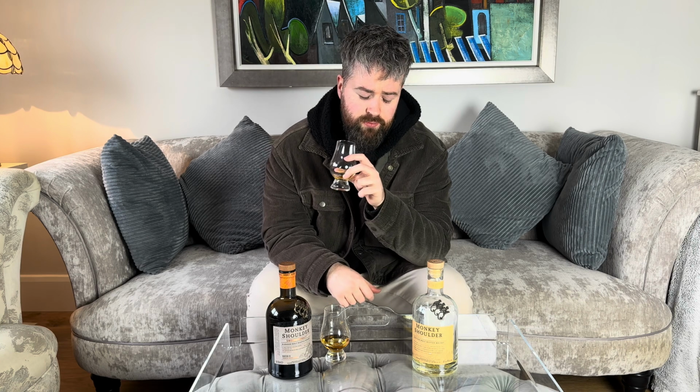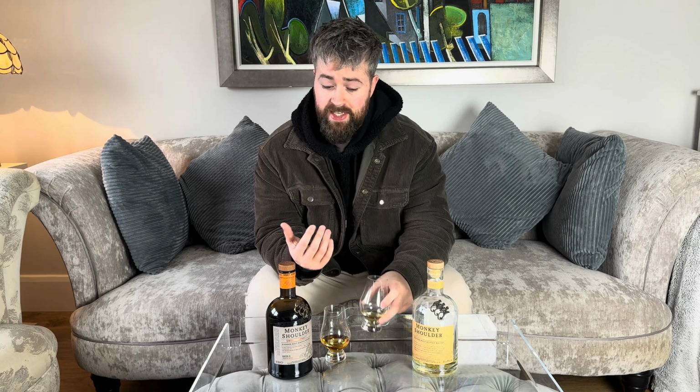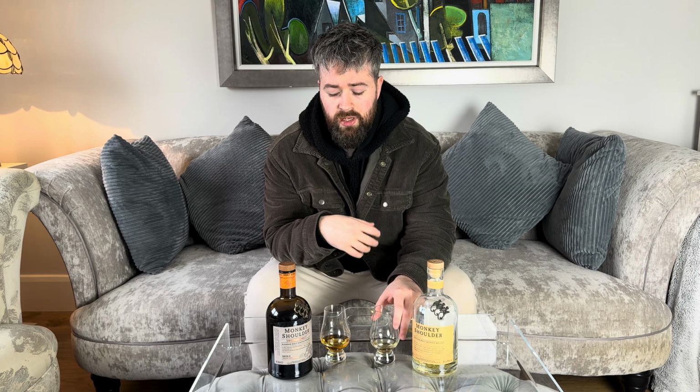I'd say you're not really going to get much more than that. Vanilla cream with a little bit of a grass-like quality and malty, and that's about it. To be honest with you, it's non-offensive. I see why people recommend this to beginners. I personally wouldn't though. So moving on to the Smokey Monkey,